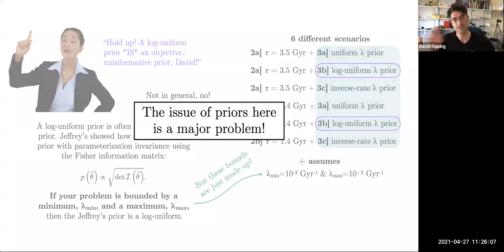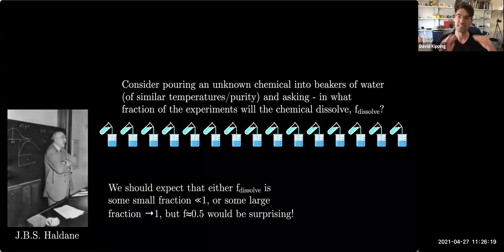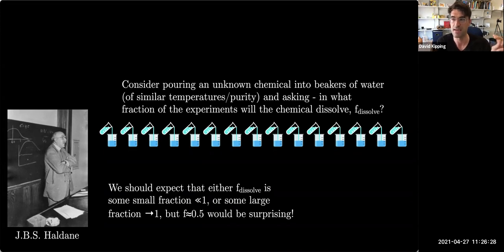Okay, if nothing else, I want to convince you at this point that the issue of priors is important, and it's actually a major problem. It's clearly a major problem in making mathematical progress. It is how we deal with the priors. Okay, we have a hand raised again. I just want to explain, and then we'll have time for questions, because this priors thing is going to go away, so I don't want us to get too hung up on it, because I'm going to show you a trick to get rid of it.